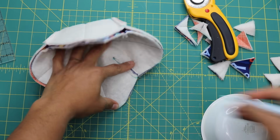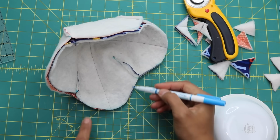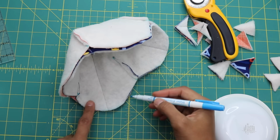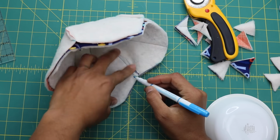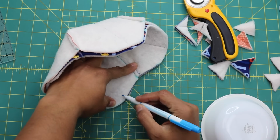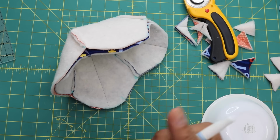I always want to leave an opening somewhere that's somewhat straight. It's always going to be easier to do that than try to leave an opening across an entire curve. It's hard to get the shaping when you have to turn under the seam allowance. So I'm going to leave it open from like here to here. And believe it or not, just a couple inches is going to be enough for me to flip this out